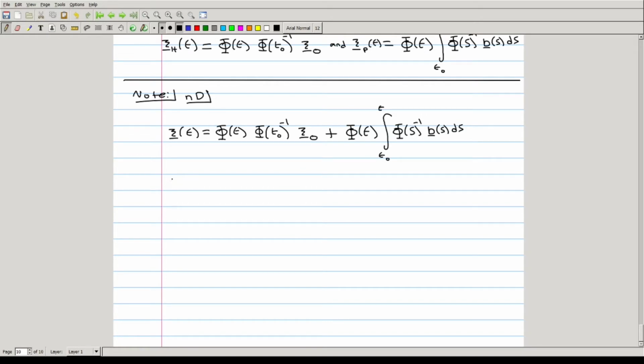You'll recall that in 1D, the linear first order differential equation x prime is equal to a of t times x plus b of t, we had that x of t was equal to e to the integral from t naught to t of a of tau d tau times x naught plus